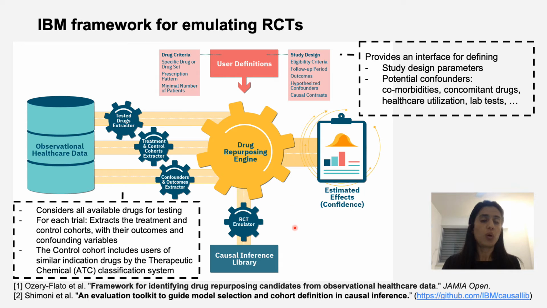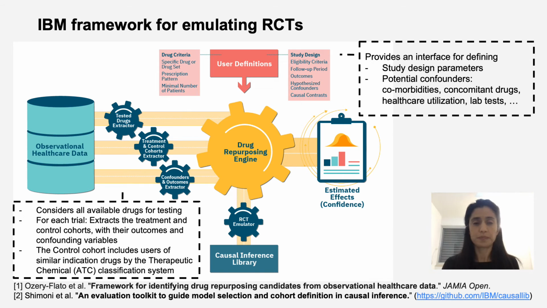Then the framework automatically scans the database, searching for all the drugs that can be tested, and for each it creates a trial. For this trial, it has tracked the treatment and the control cohorts, as well as all the variables related to the outcomes and confounders. The control cohorts are based on related drugs, drugs for a similar indication that are detected based on the ATC